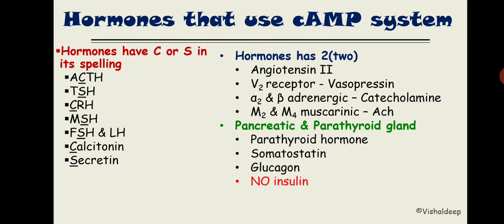I am making this formula to make you remember all the hormones that use the cyclic AMP system. See, it is very important because lots and lots of MCQs have come recently, where they give you 4 hormones in the options and ask which hormone uses which system, and in another set of MCQs they give you a system, that cyclic AMP is used by, and give you 4 options. All these types of questions have already been asked in entrance exams, so try to remember the hormones in a systematic manner. Use this formula. This formula is 90 to 95% correct.